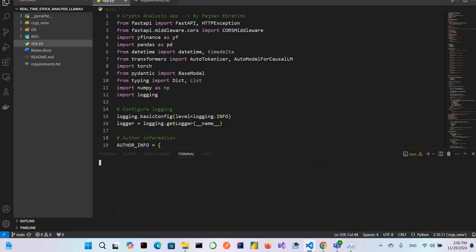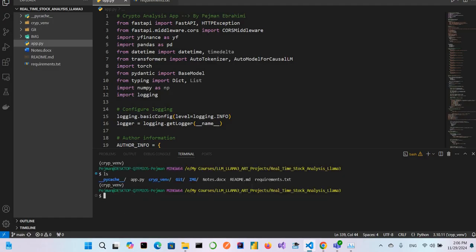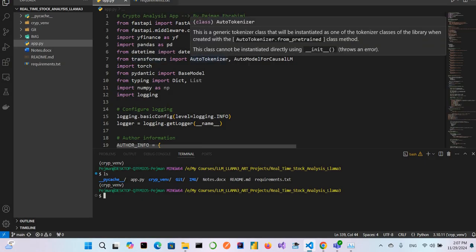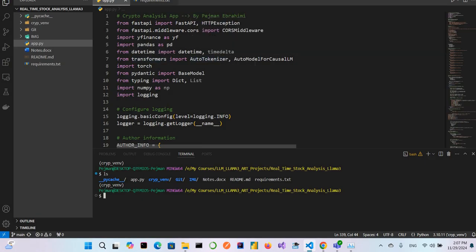Let's clear everything, and ls. I'm here. I have app.py and requirements.txt, and now I need to write app.py. First of all, I told you I use FastAPI. I use yfinance data. I use pandas, datetime, transformers. For transformers, I need to use AutoTokenizer and AutoModel to bring a model from transformers, and AutoTokenizer